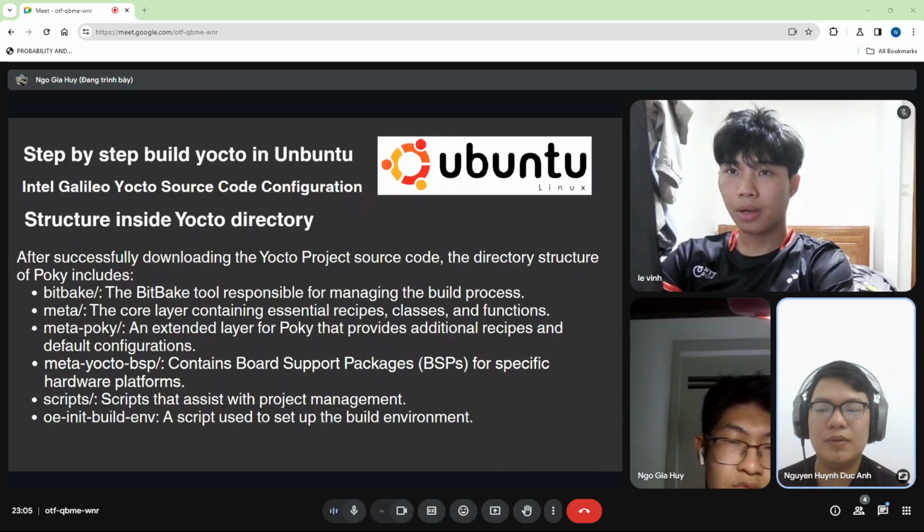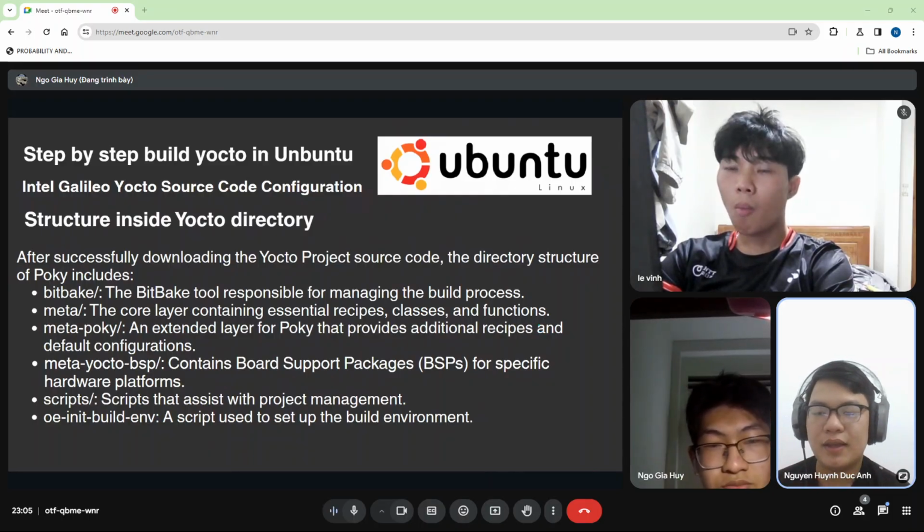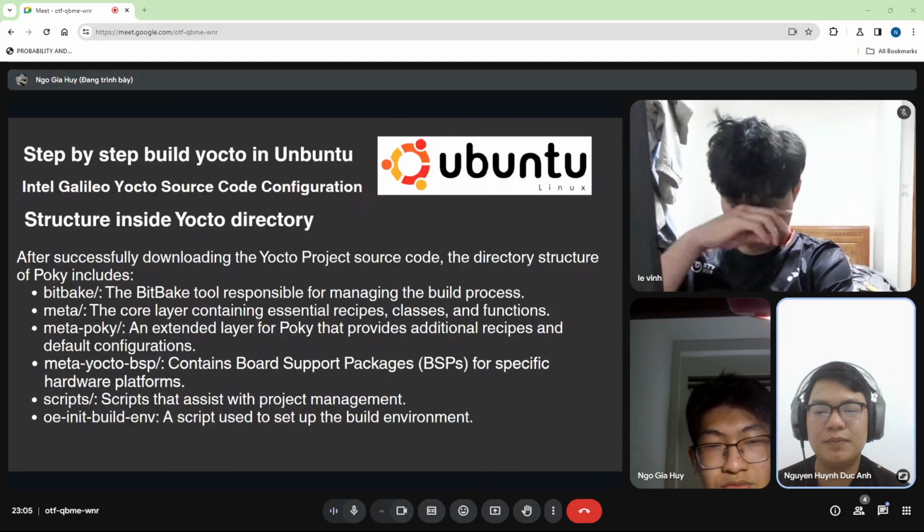Meta-yocto-bsp contains board support packages for specific hardware platforms and scripts that assist with project management,